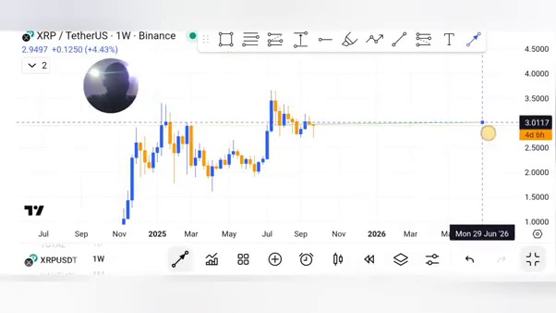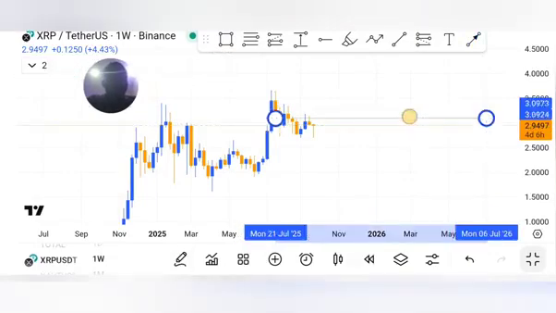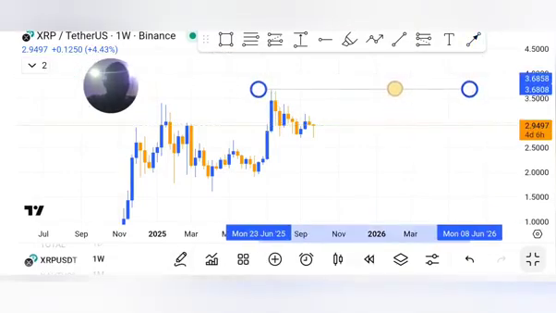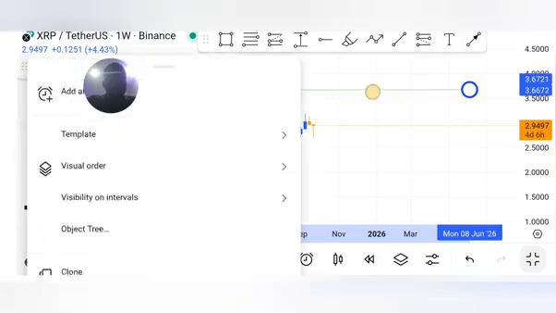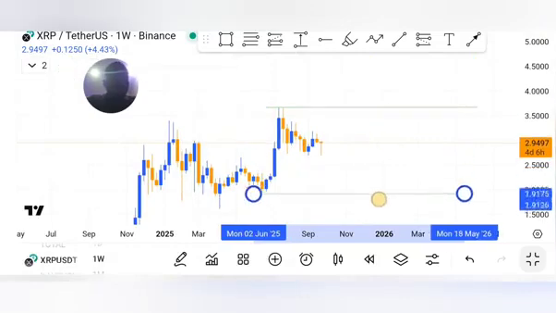But the importance of the previous structure would be highlighted. If I place this like this, just to highlight the structures, and I said this was a move that created